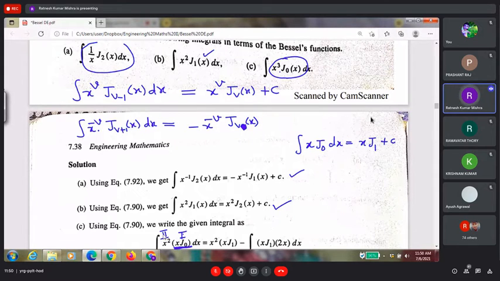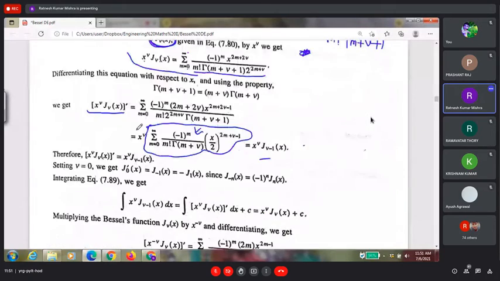ठीक है? नहीं, ये first and this is second. So first X square, integration of this one. So integration of X J naught is X J1. Sorry, यहाँ first integration of second X J1 minus differentiation of first X square का 2X, integration of second X J1. This is यानी कि X into X square J1. X square J1 means use the formula number 1.